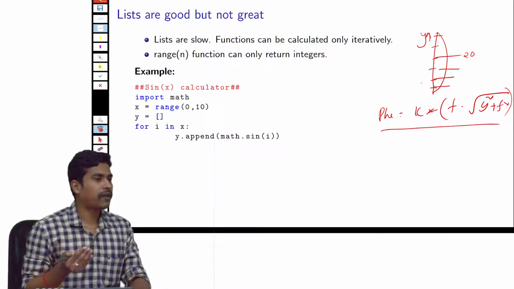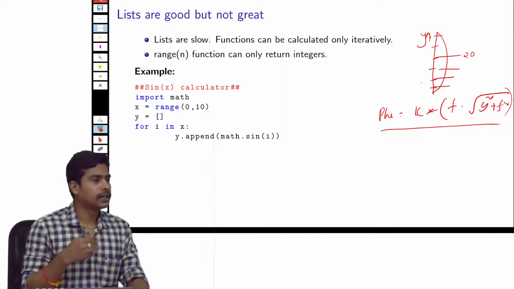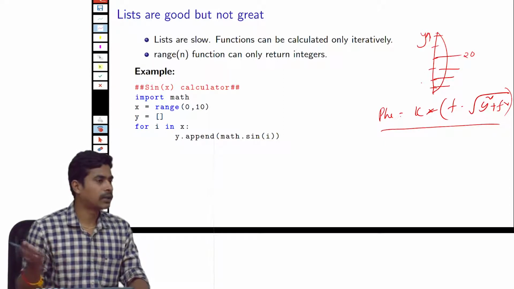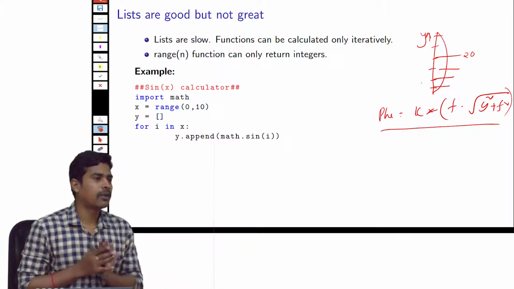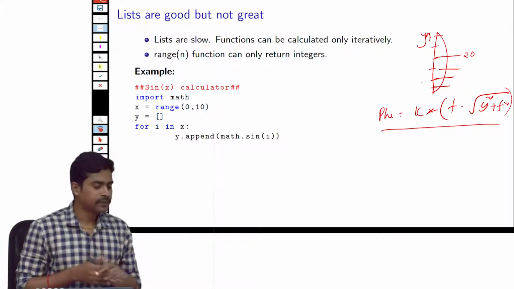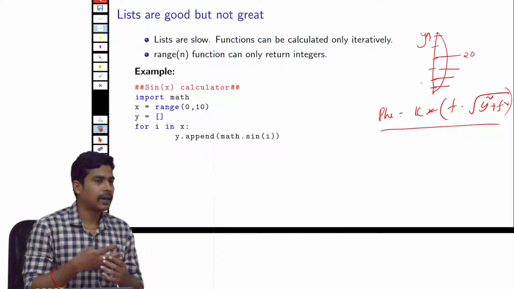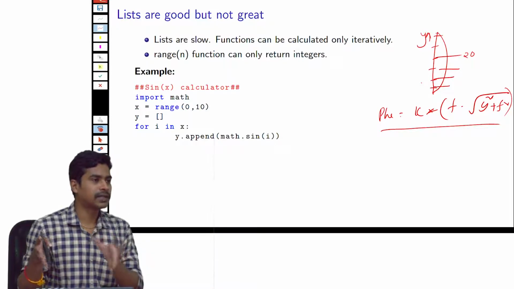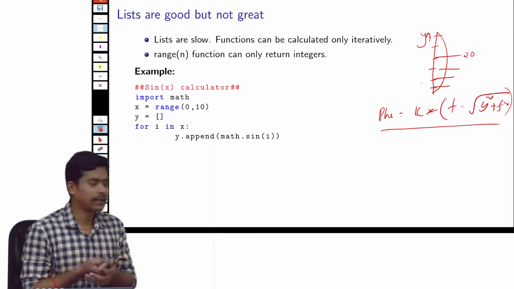But as the number of values or integers in your list keeps getting more and more, like 1000, 10,000, 1 million, this for loop operation is not very useful, and it gets very slow. Which we have seen in the previous example, where we tried to calculate the pi value using 10,000, we have seen the program has slowed down quite a lot. It took some 10 seconds or so to calculate the value.